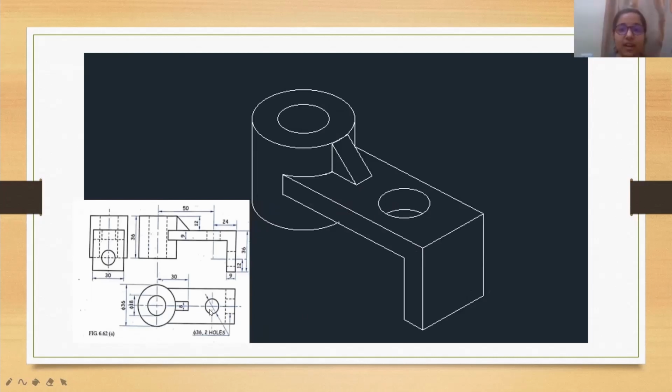We have to draw an isocircle of diameter 36 millimeters on the horizontal part of the structure, which has its center at a distance of 24 millimeters from the end of the structure. Now copy the isocircle and paste it at a distance of 9 millimeters below the structure so that its width is visible, and trim the unwanted parts of the isocircle.